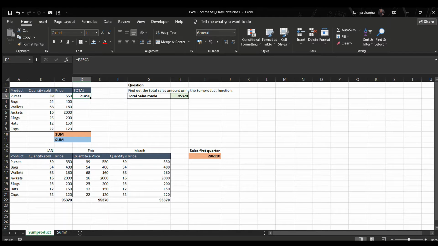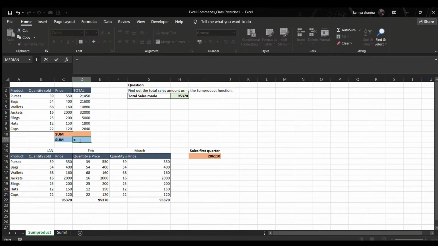You can repetitively do this step with all the remaining products, but here we come to help you, as we will provide you those hacks and tricks which will save your time. What you can do is, after filling up the first cell, click on the green square button on the right, select this value and drag it down till the last. Over here you can see we have got all the totals of all the products. Now we just need the sum, the total of the total sales which we got.